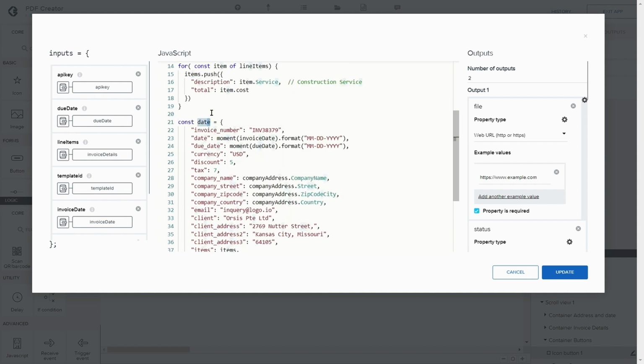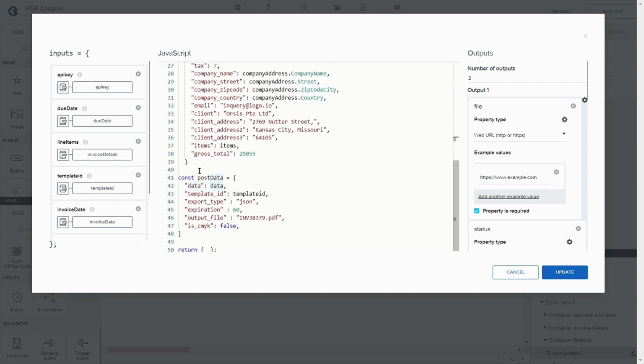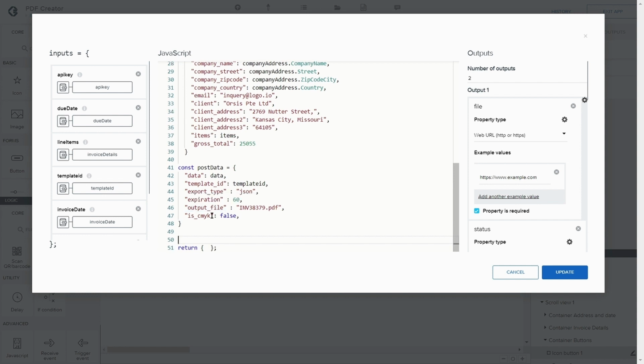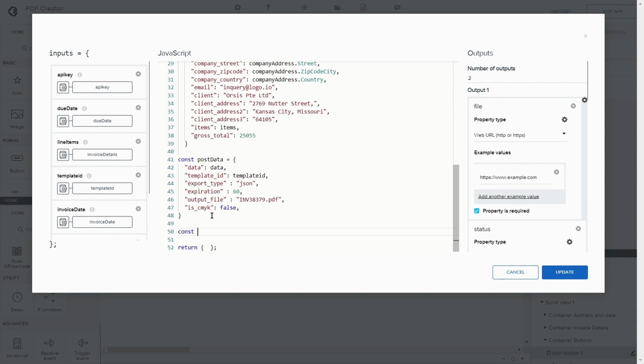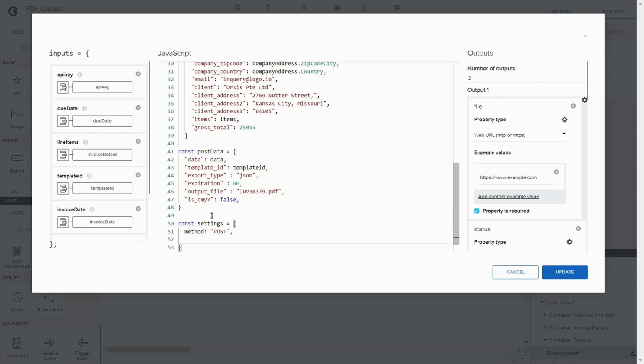We have the data. The data comes in here. This is the post we want to do to the API. So now we're going to do what we call the settings of the API call. So how do we do that then? We have a method, and the method told by us is post. So that's what we're going to follow. And then I have my headers. So my headers of my API and my